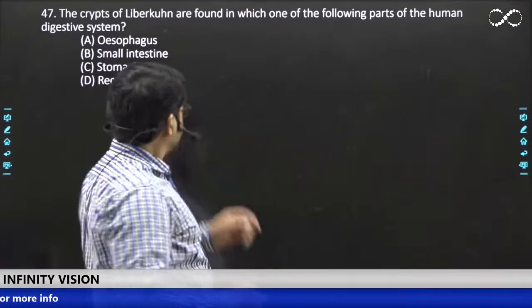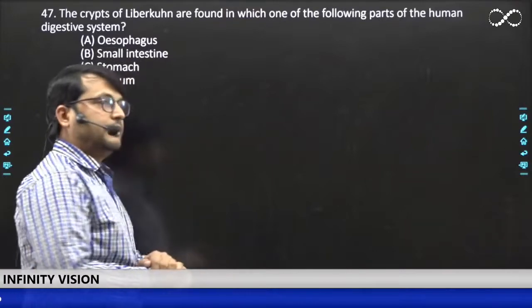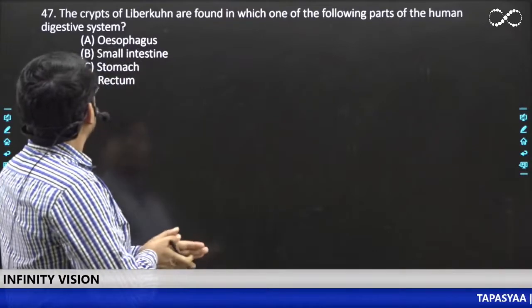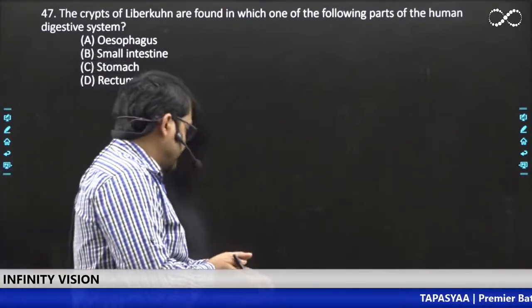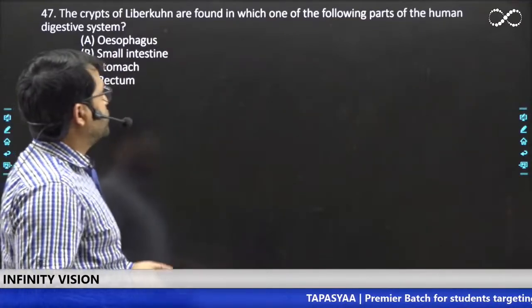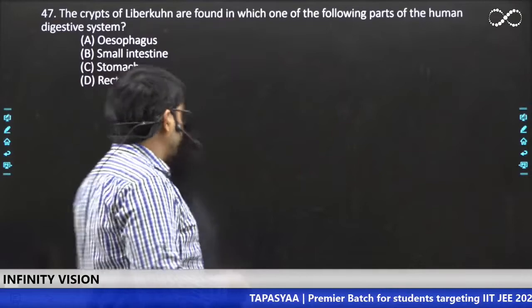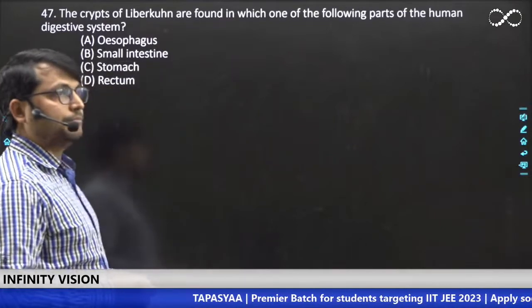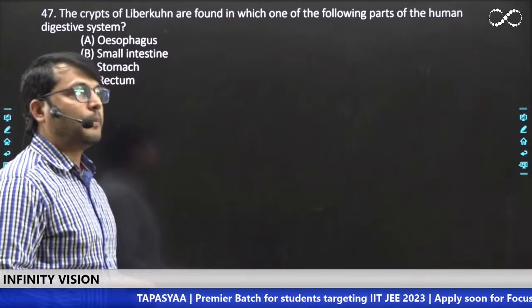Okay, so the second question, question number 47, says the crypts of Lieberkühn are found in which one of the following parts of the human digestive system? And the options are